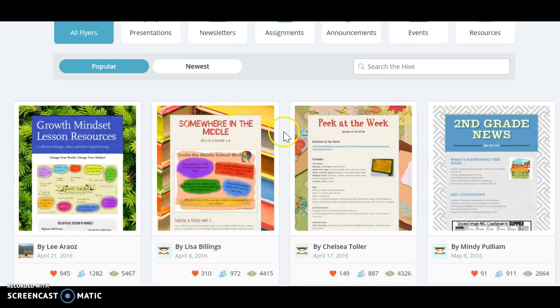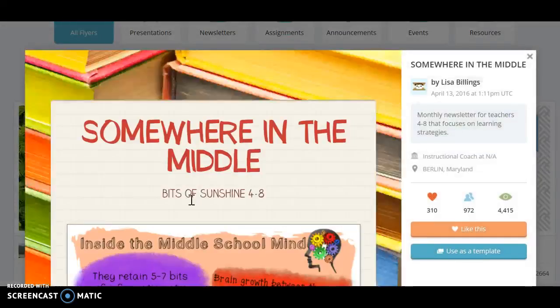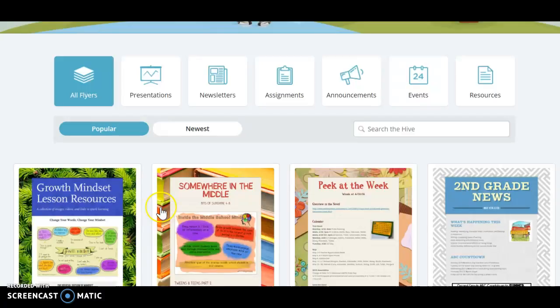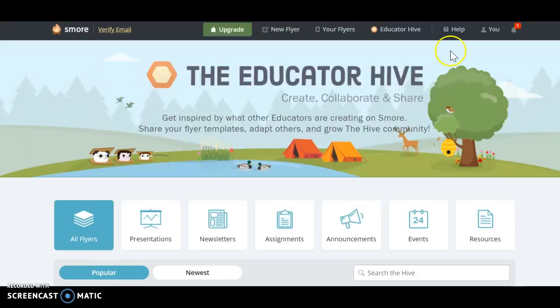If you find a flyer that you like yourself personally, you can click on it and you can go to the Use as Template tab, and now you can edit that flyer to be your own. This tab is a very interesting tab, and it gets ideas going out there. It gives you a chance to share your ideas and get ideas as well, and I find that to be a very helpful tab. Lastly, we have the Help tab, and that is just if you have any further questions